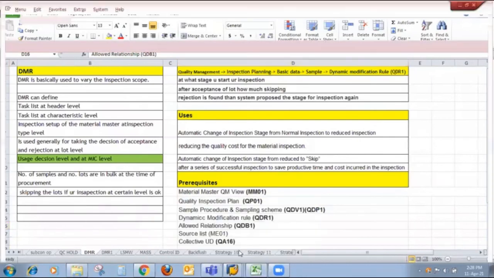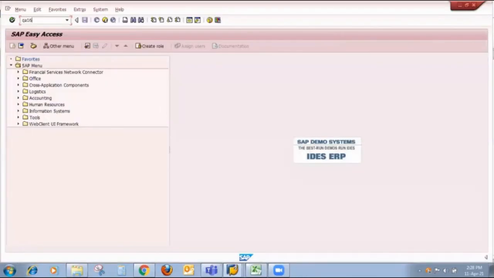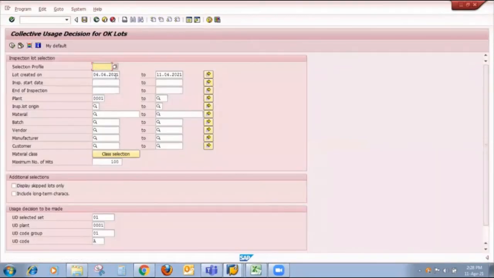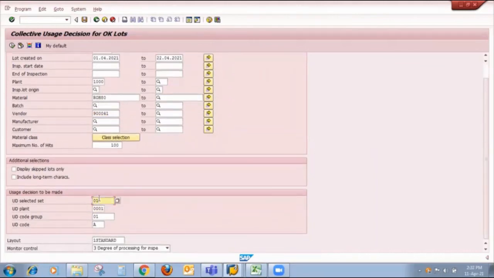So in QA16, friends, we can maintain the proper date range, proper plant, and proper material. Our material is 17 ROH80. The proper vendor is 9 or 3 times 041. Now friends, on this tab, the user decision to be made is very important. Here you need to maintain the proper UD, selected set.